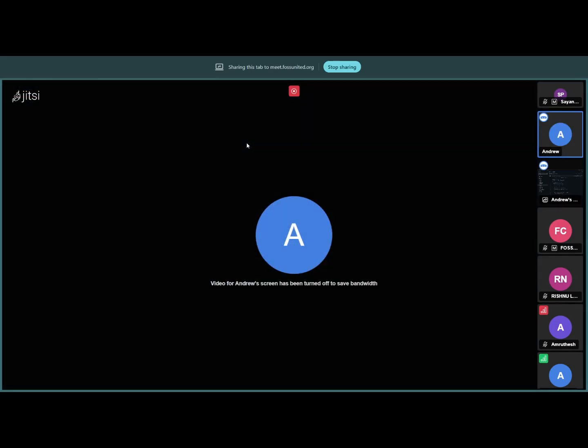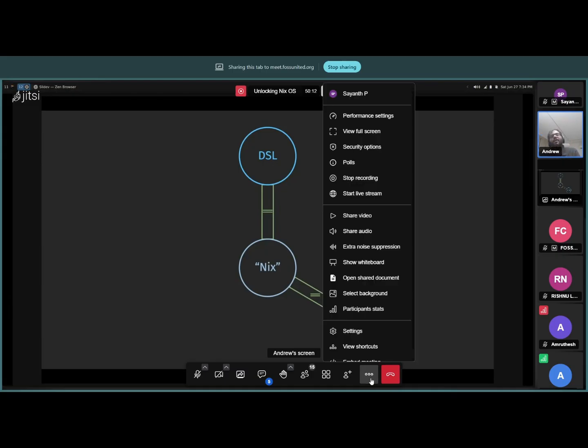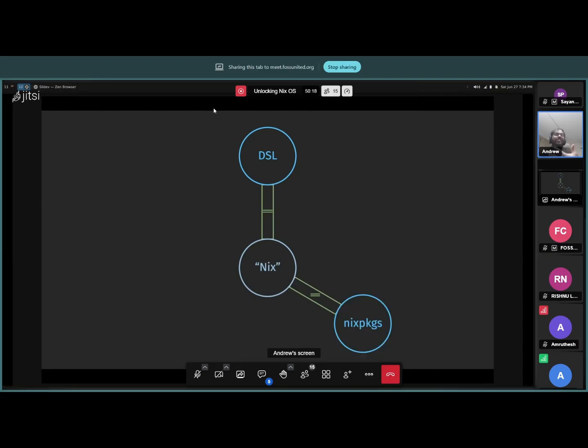There is the other part of Nix, which is called Nixpkgs. Now, the name says it's kind of like a package repository, which it is. But it is also sort of like how you have a standard library in Python. It's kind of the standard library in Nix also.